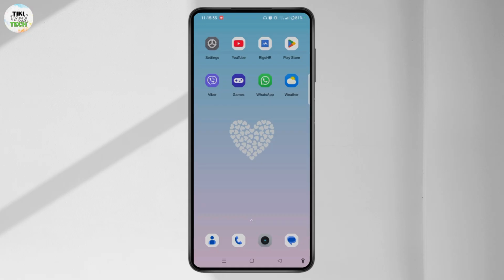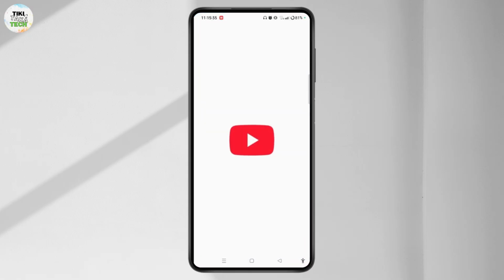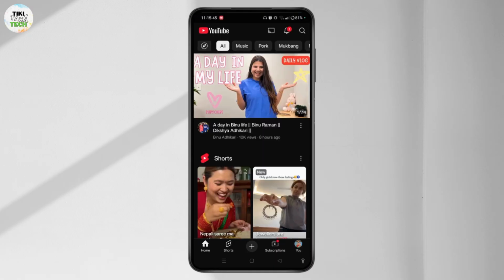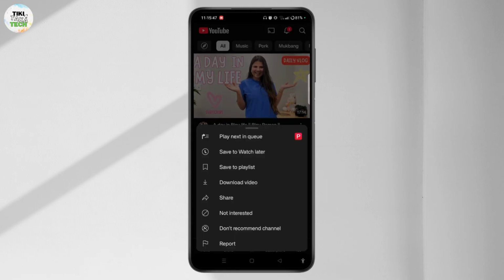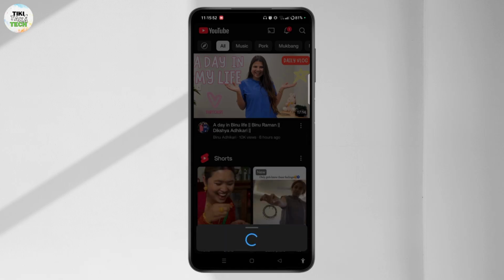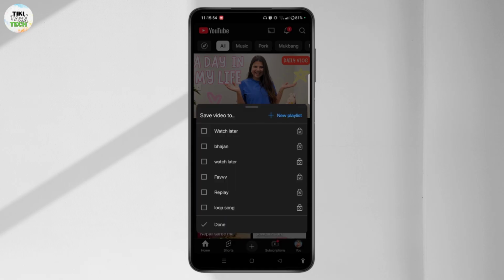Open the YouTube app and make sure that you log into your account. Tap on the three dots of any particular video and from here you need to simply tap on the save button. So let's tap on save to playlist. Suppose you can create a new playlist or you can even tap on any existing one and tap the done